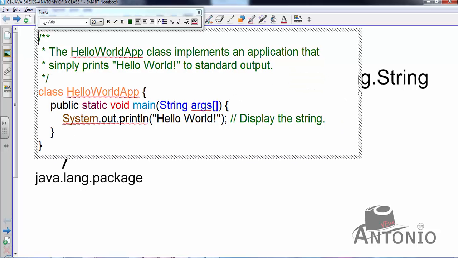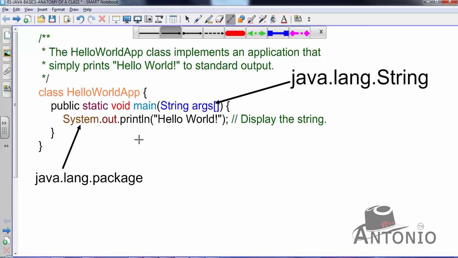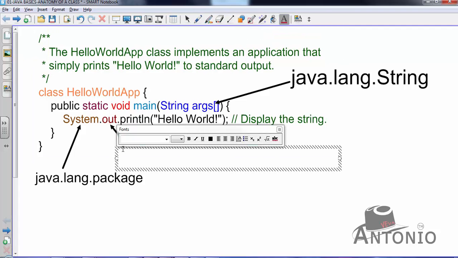And what about this out? Let's go with another color. It's not visible. Alright. What about out? Out is a static member of the system class and is an instance of java.io.PrintStream.